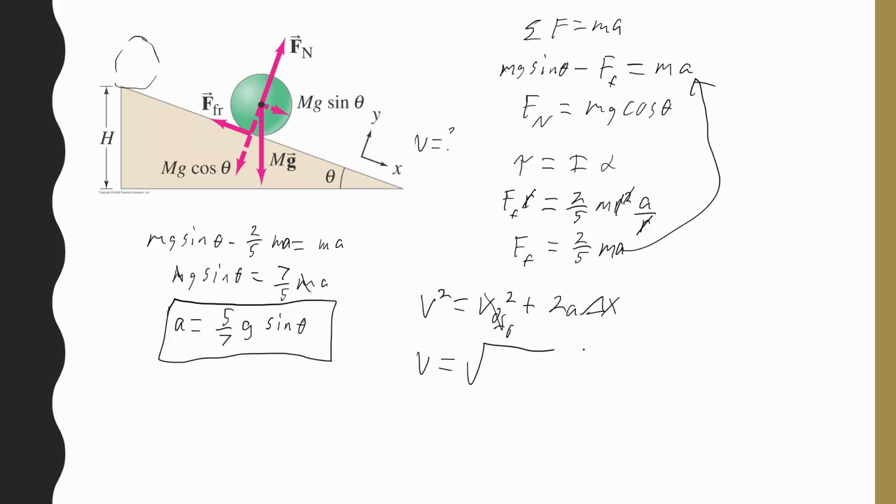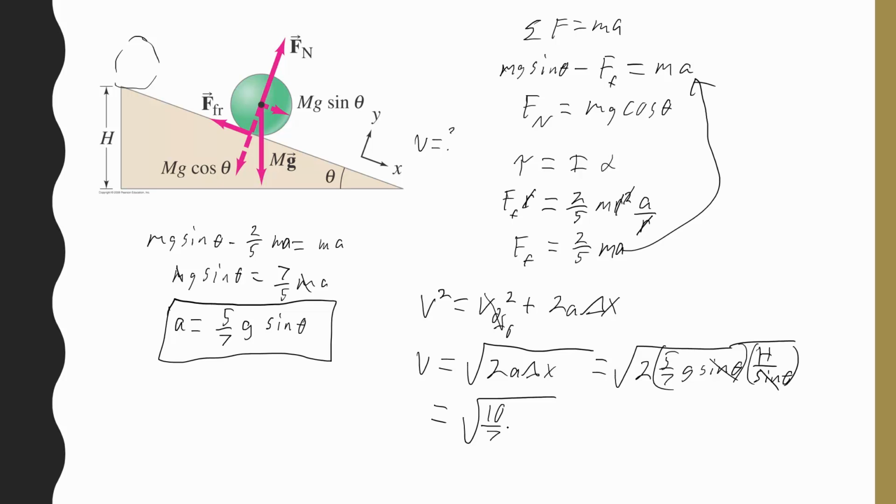So we have the velocity at the bottom of the ramp is the square root of 2a delta x, and then we can plug in the information we know. The acceleration we just found is 5/7 g sine theta. Now delta x, if we think about this ramp here, there's our theta. This is the opposite side, and delta x is the hypotenuse. So it works out that delta x is h over sine theta, which is nice because these sine thetas will cancel out,